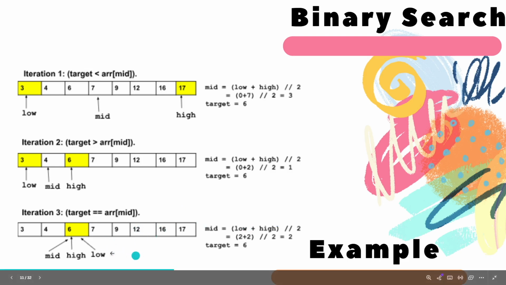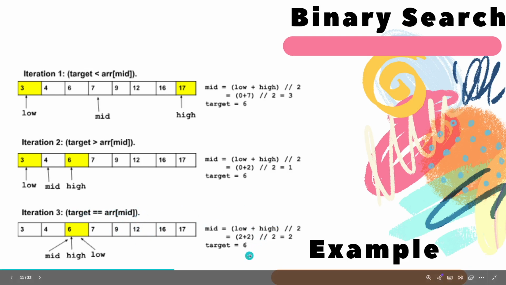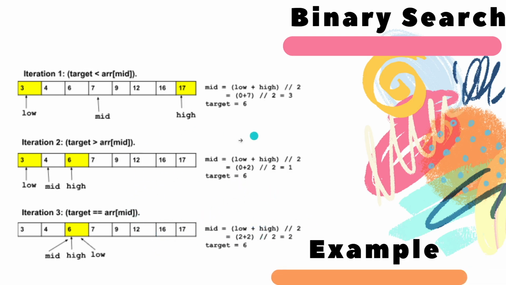Thereby now we again do the third iteration with checking whether target is equivalent to array of mid. In our case it is so, and so finally we report that the element is found. So this is how we do binary search step by step. And here I have given you an example to make you understand how binary search could turn out to be